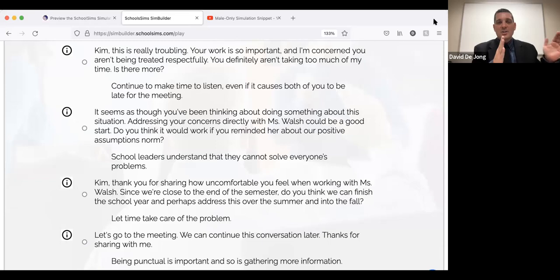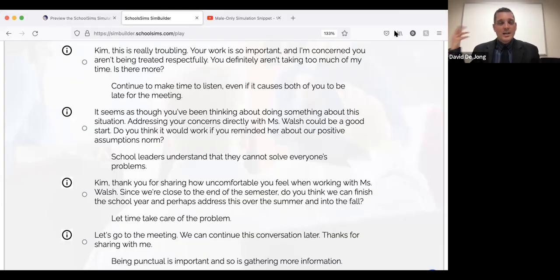Now you kind of get an understanding of the context of a simulation and what a decision point is. I went to SchoolSims and I was like, this sim is awesome. It gets people talking about what they need to talk about, and it really talks about the communication piece as a leader. And they said, oh, that's interesting that you like this simulation. We actually had a school